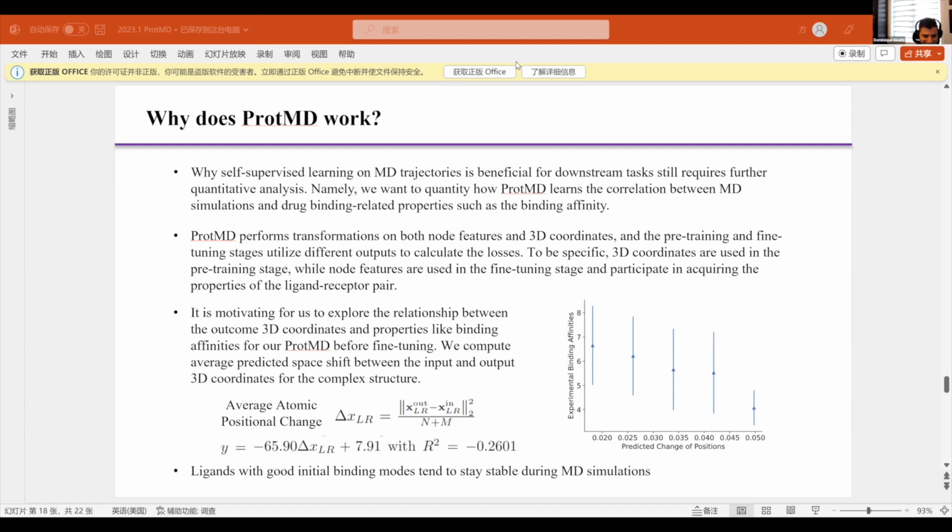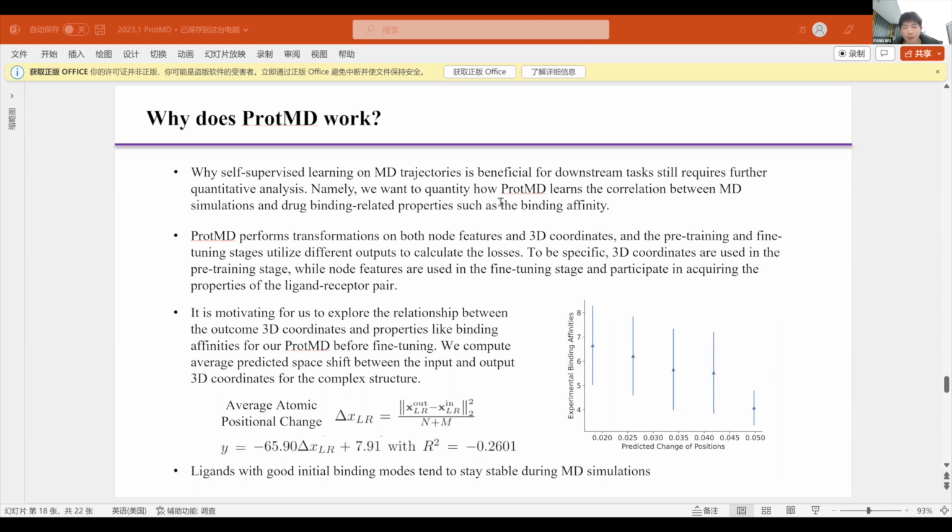Okay. There's one question in the chat: Dr. Ma asked, would this model be beneficial if trained on protein itself? I'm not sure, but some companies in China have reached out to me. They want to transfer our ProtMD to protein molecular dynamics simulations. As you see, we only do pretraining on protein-small molecule simulation, and they want to do protein pretraining. And if we train only on the protein itself,